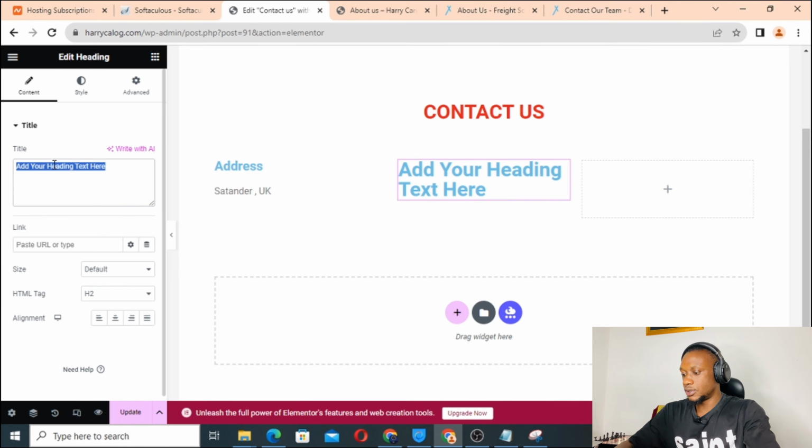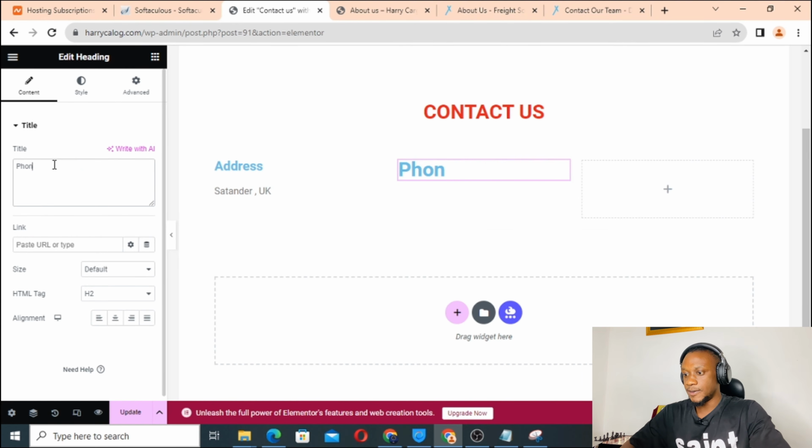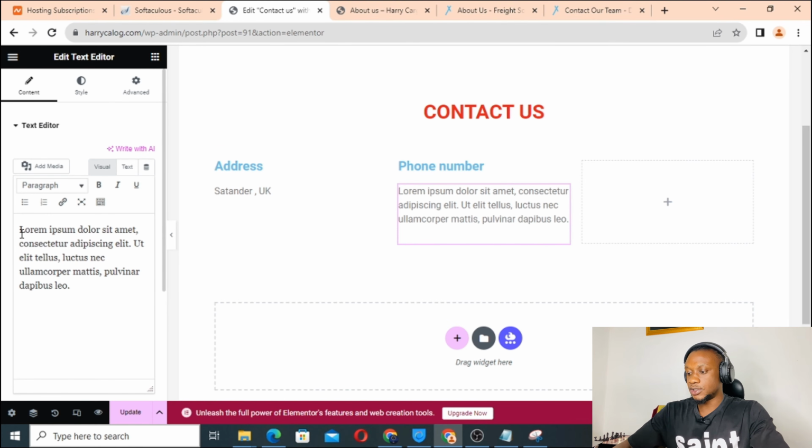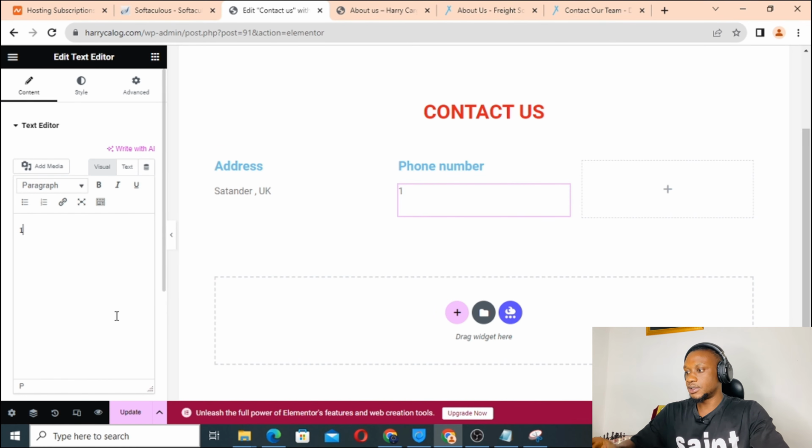Phone number. I can contact the company. Then come here, H2. Let's put it at 4. All right. Then we'll still put phone number here. There's no phone number now, so let's just put 1 2 3 4 5 6 7. This is where you put your phone number. So under here, let's say